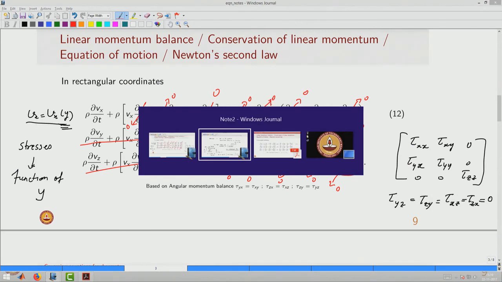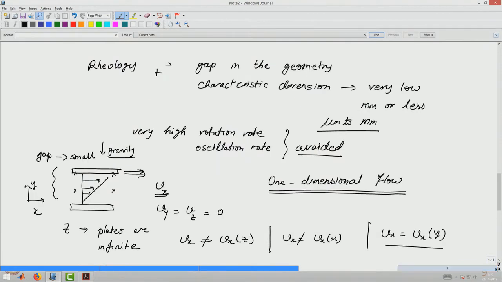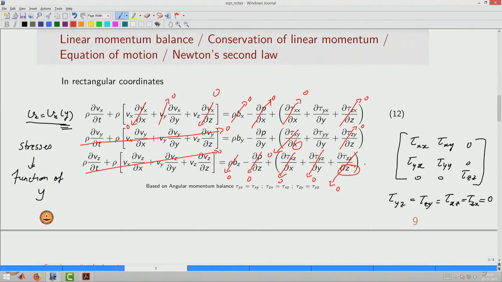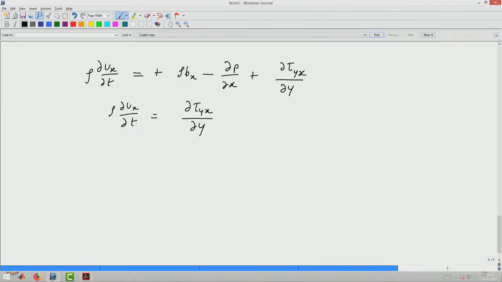So, now coming back to our overall governing equation, using all these statements it reduces to rho del v x by del t is equal to del tau y x by del y. This is the overall governing equation. For completeness, we can also write the y and z components. In the y case we have